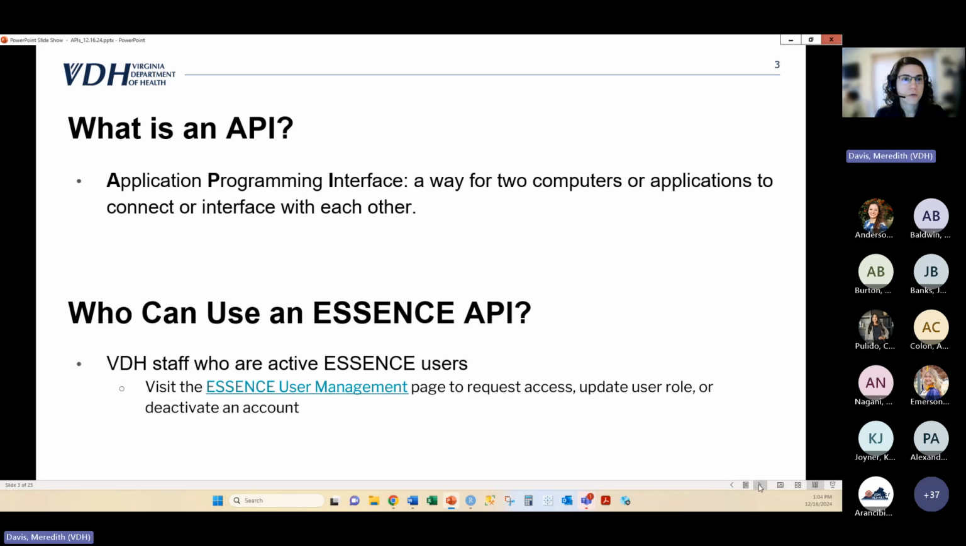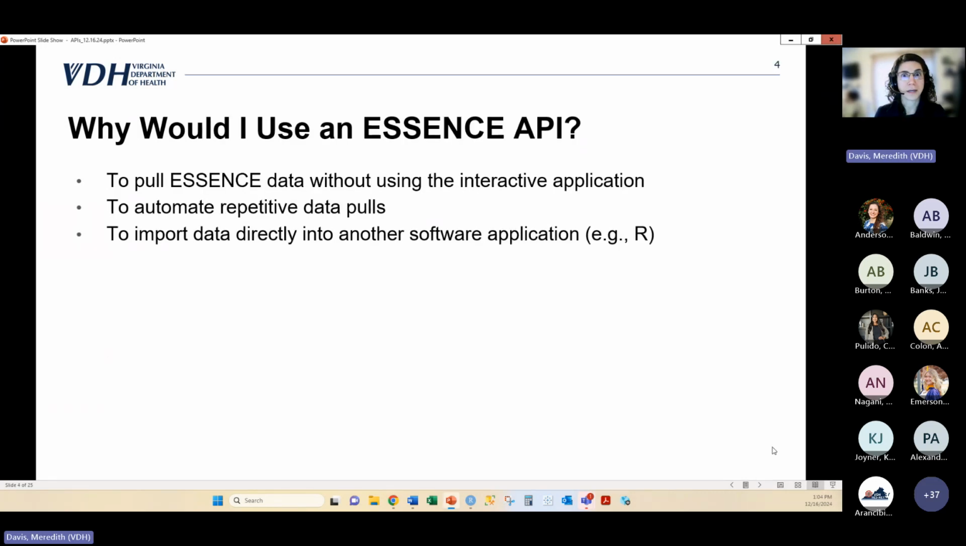Okay, so I think the next question is, why would you want to use one of these APIs? I think there's a few potential reasons why, and I'd be interested in hearing others if you have them. But in general, this will allow you to potentially pull data out of Essence without actually using the interactive application. So you might have a reason why you don't want to log in and run something necessarily. You'd rather just have it